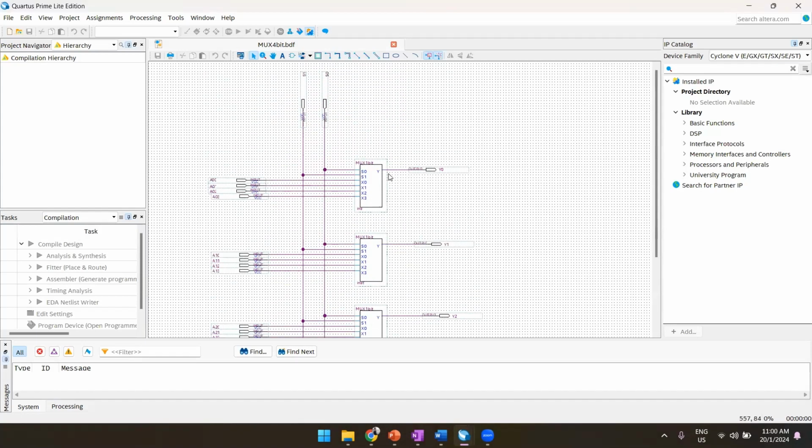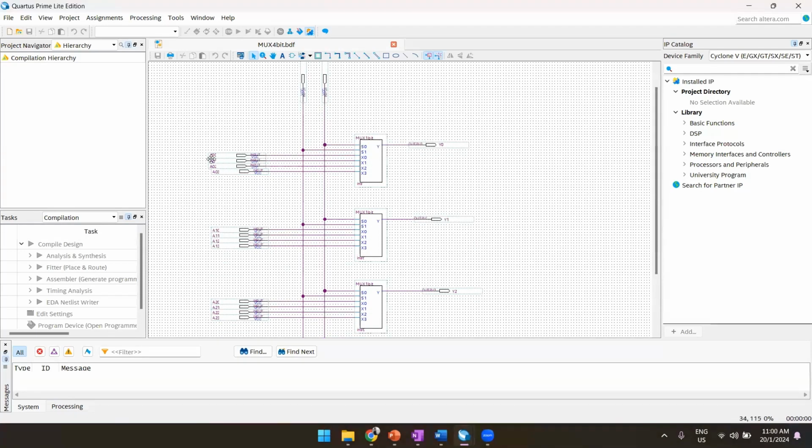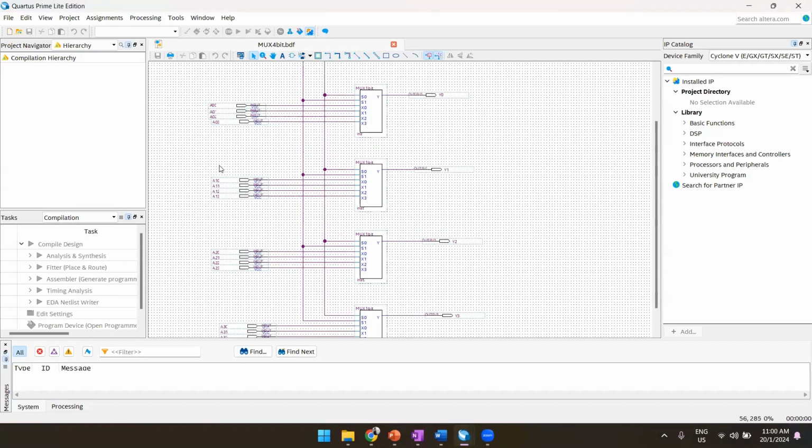We use four 1-bit 4 to 1 multiplexers where they all share the same selectors, which are S1 and S0. So when our selector is 1, the inputs A0, A1, A2, and A3 will be chosen from each multiplexer,